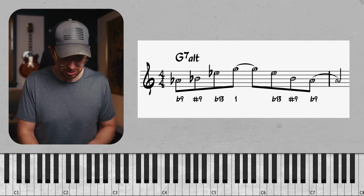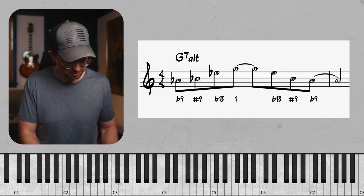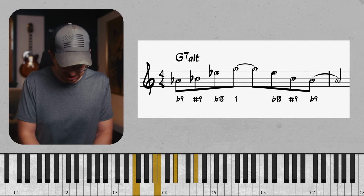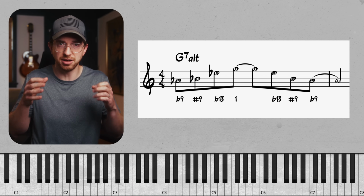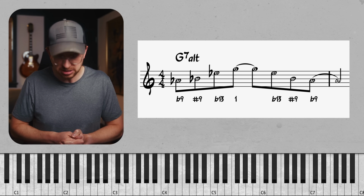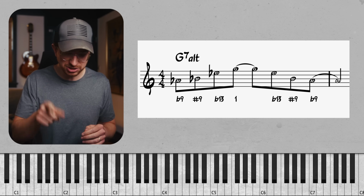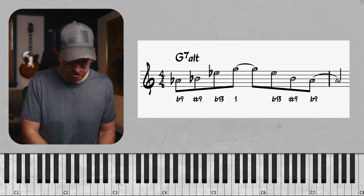All right, let's go back to our original one though, the A flat, B flat, E flat, G. Let's stick with that one for now. And let's put this into a context of kind of an exercise or a line that sounds a bit more musical. Let's combine a whole bunch of these different ideas. But before we do, I want to show you another variation you can play on that 1 chord, on the C major 7. So we started with this one,